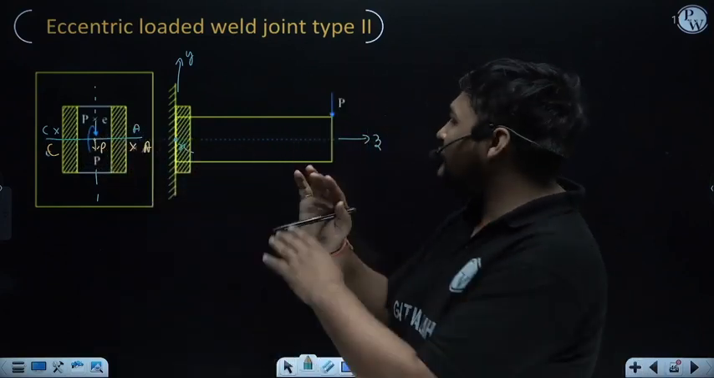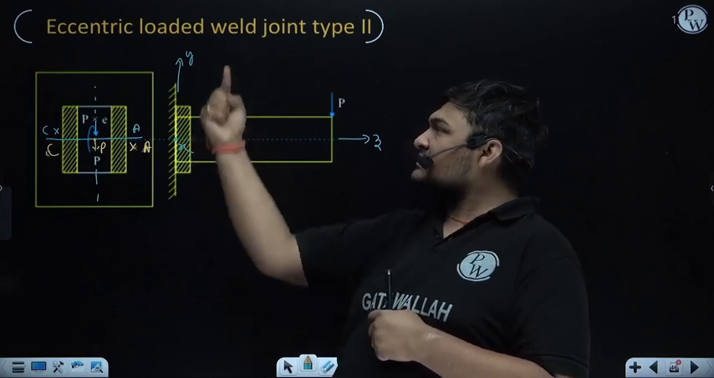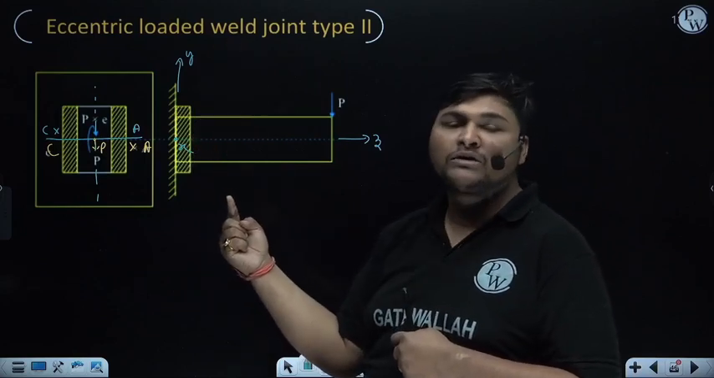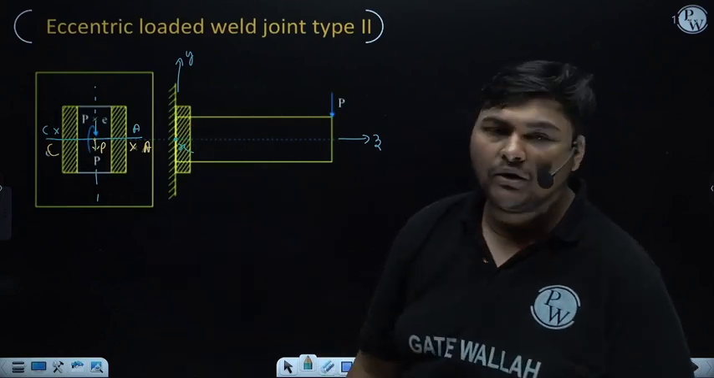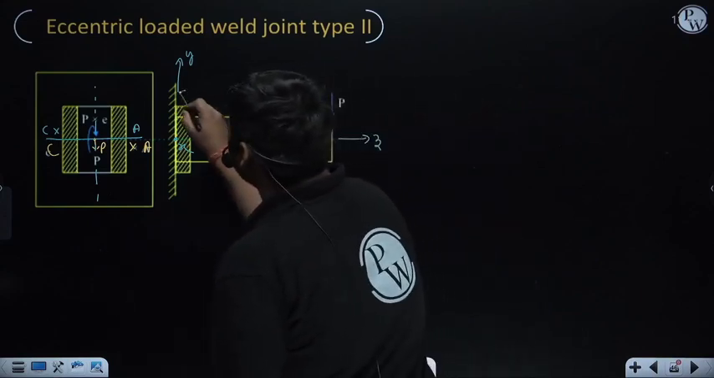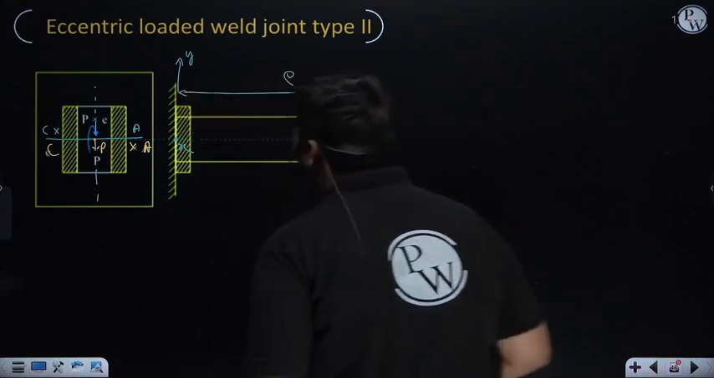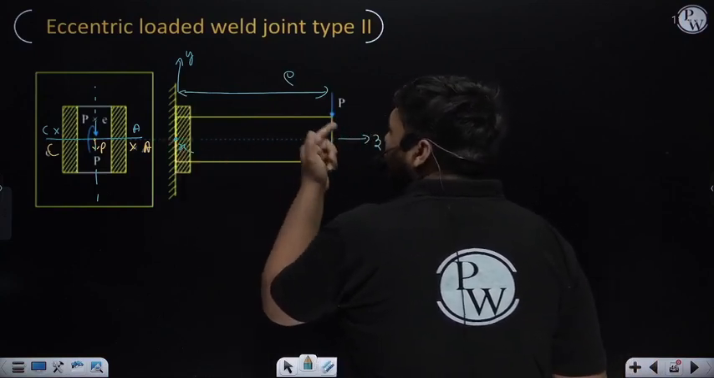In this diagram also you can imagine the plane of weld is like this. So the centroidal x-axis and centroidal y-axis are along the plane of weld, and this centroidal z-axis is perpendicular to the plane of weld. Now suppose this distance is E. If you transfer this load P to the centroid, for that we need to see